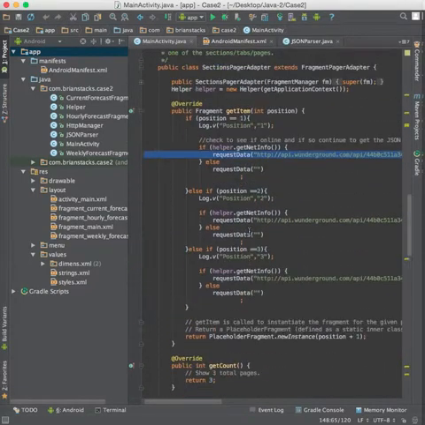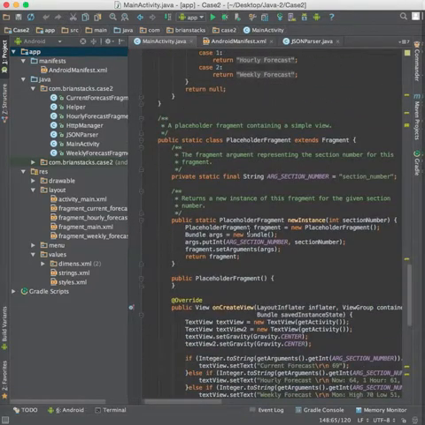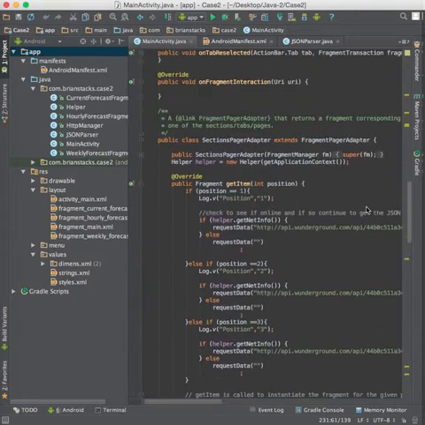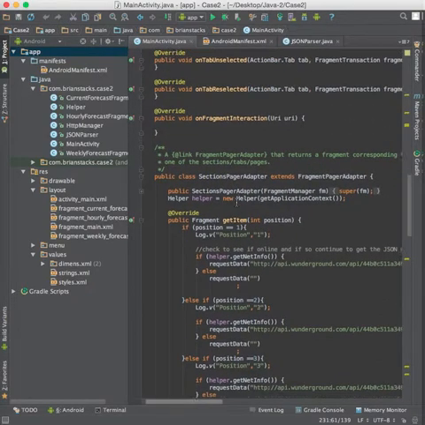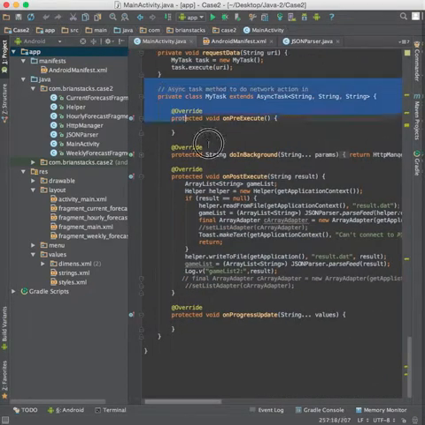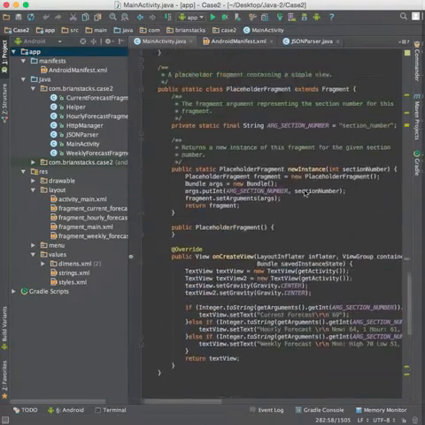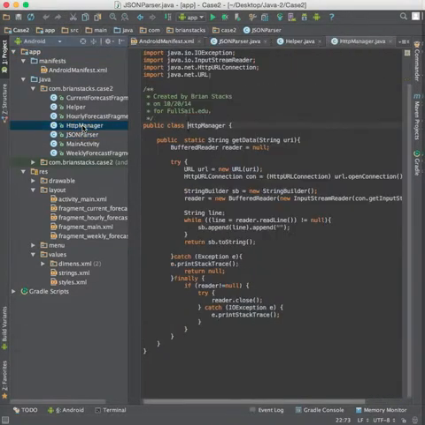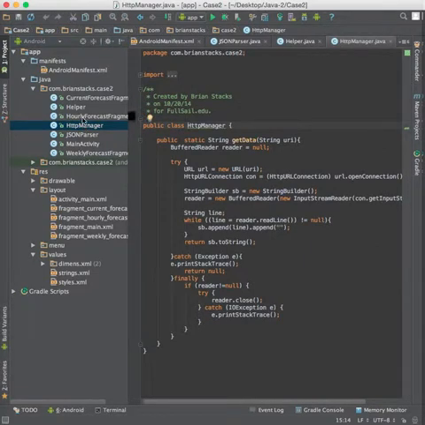And here in our fragment, we just set that text to the text view. We also do all our calls in our async task. We've got a JSON parser, an HTTP manager, and then the fragments to display each of the